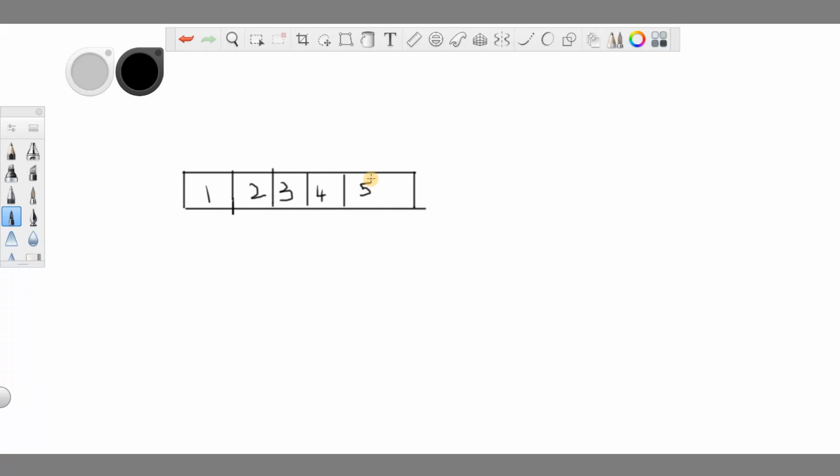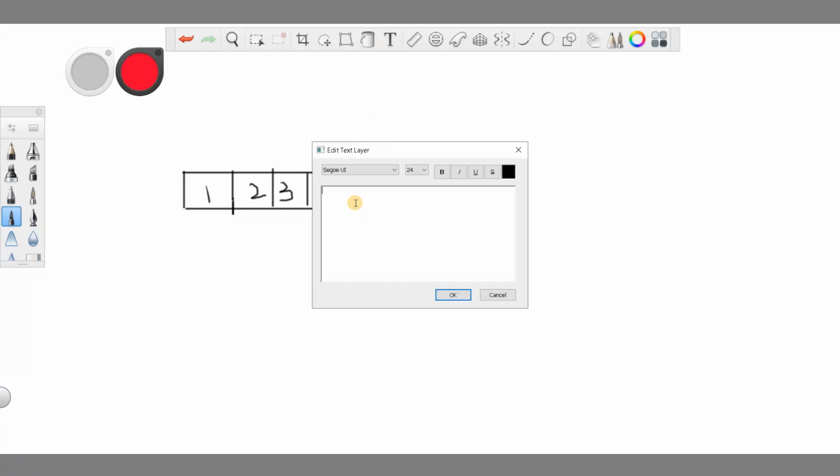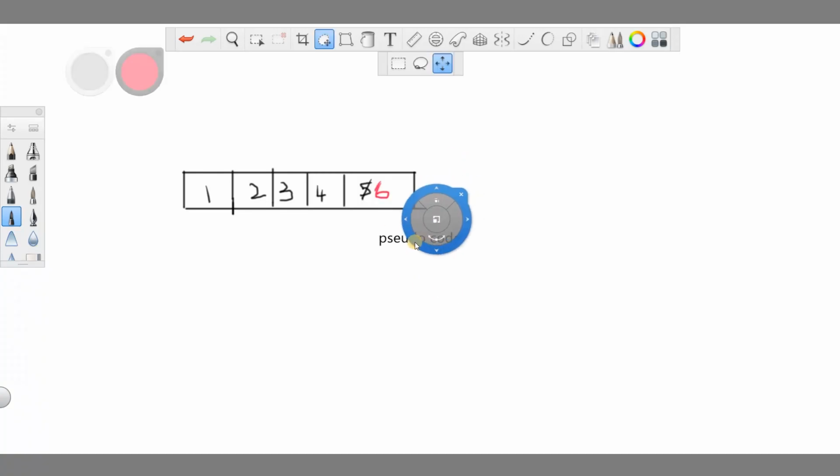If I want to update something, I can update it easily, and I can also change the color, so you can see the updation properly. And I can type text, like here, if I want pseudocode, I can type pseudocode and all the algorithm below, and I can place it somewhere else.